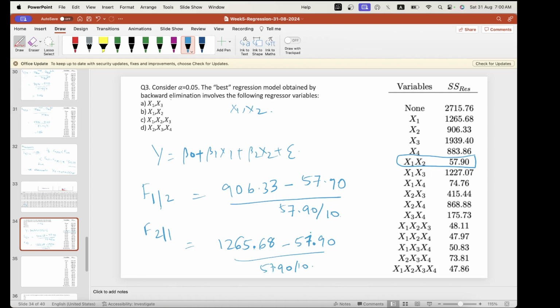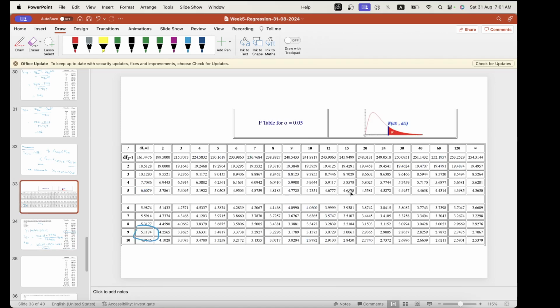Alright, so here we have how much? This is 906.33 minus 57.90 divided by 5.79. So this is 146.53, and this is 1265.68 minus 57.90 divided by 5.79. So this is somewhere 202.31. Alright, and from the previous one we have seen,